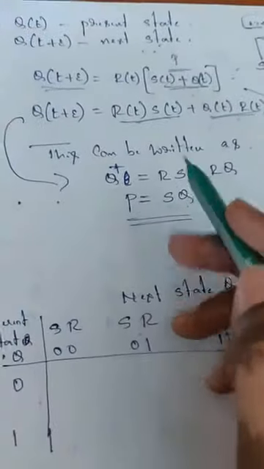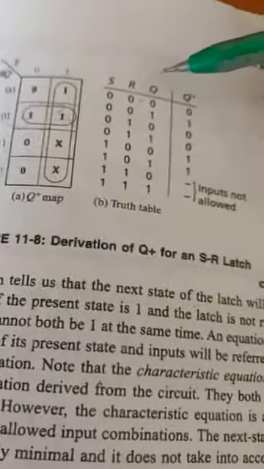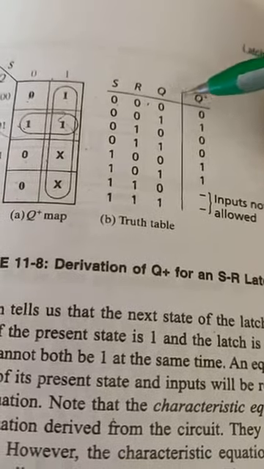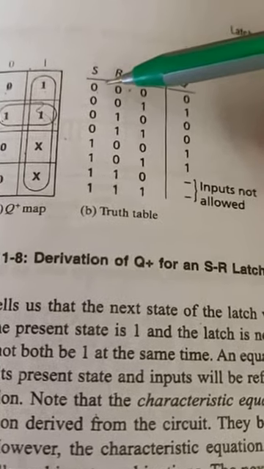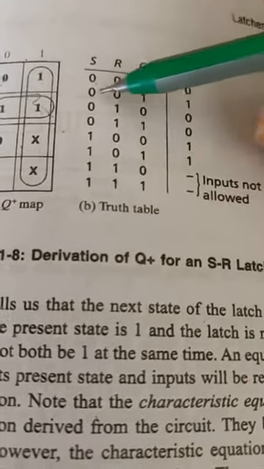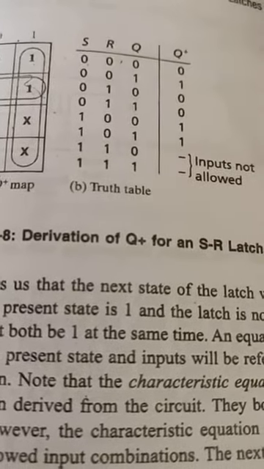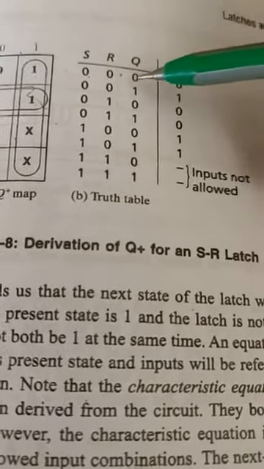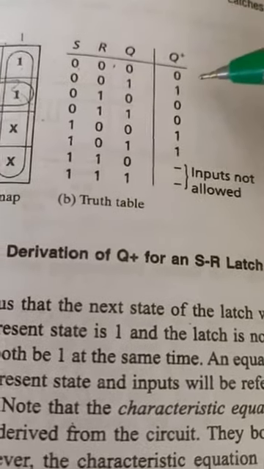Up to here I think you are clear. Next, look at this table. They have taken s and r as the inputs. Q refers to the present state, q plus refers to the next state. They passed a three-input truth table, like 0 0 0, 0 0 1, 0 1 0, 0 1 1, 1 0 0, like this, all these inputs. If the present state is 0, what happens to the next state? This is what you are supposed to define in this table.